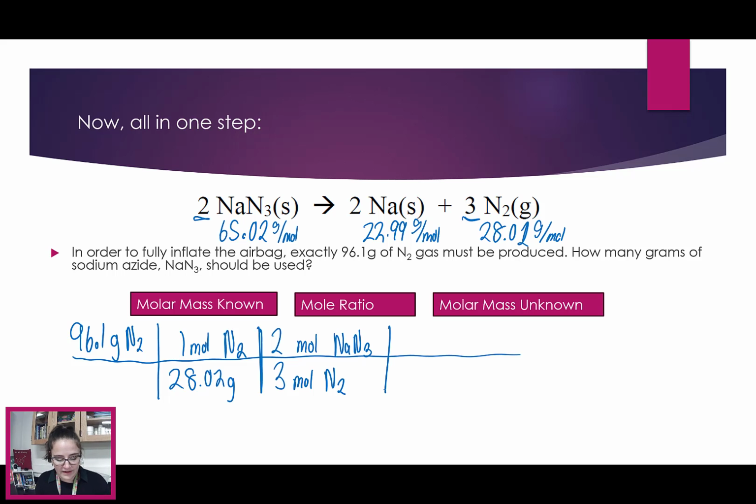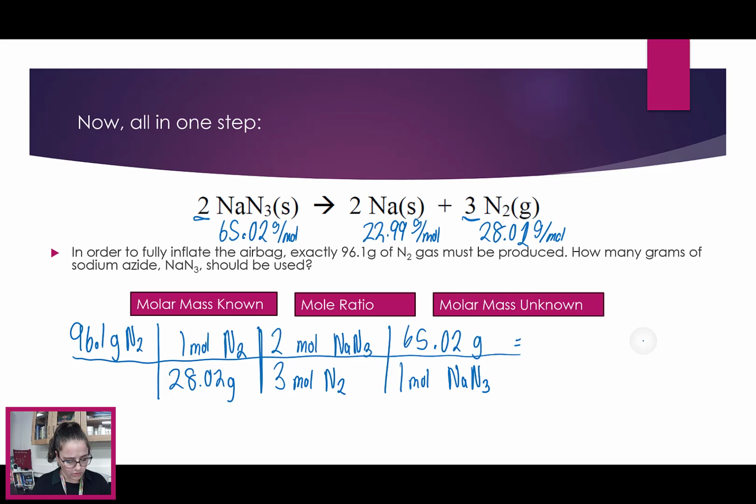And then we're at moles of NaN3, and we know that 1 mole of NaN3, sodium azide, has a mass of 65.02 grams. So when we plug that all in, again, it's the same math, so we're going to get the same answer of